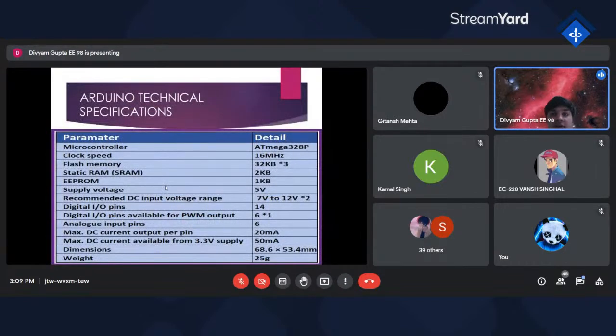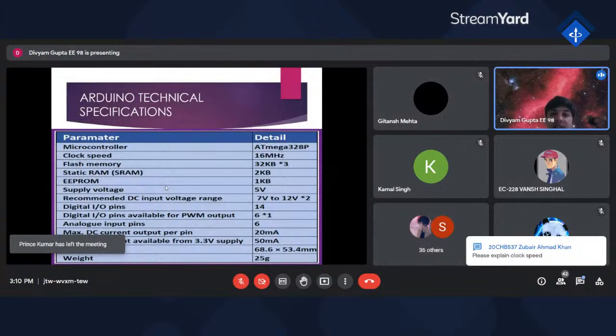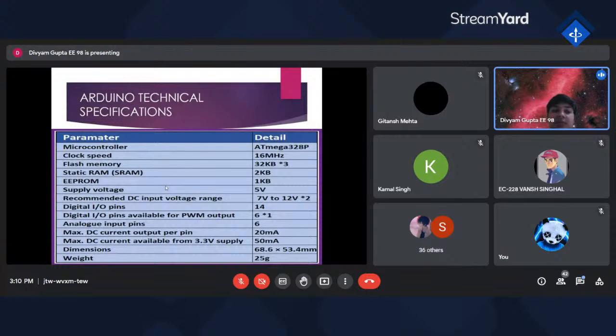Now, as you can see, when you buy a computer or any laptop, you see some technical specifications of it, like how much RAM it has, meaning size. Just similar to that, Arduino has some technical specifications. It uses a microcontroller, the ATmega 328 chip. Its clock speed is basically 16 megahertz. Its flash memory is around 32 KB, and its static random access memory is around 2 KB. Don't confuse the SRAM; it is just similar to the random access memory you have on your laptops or PCs.